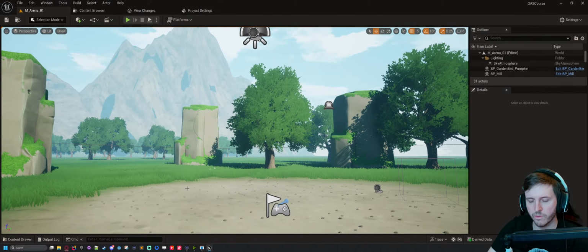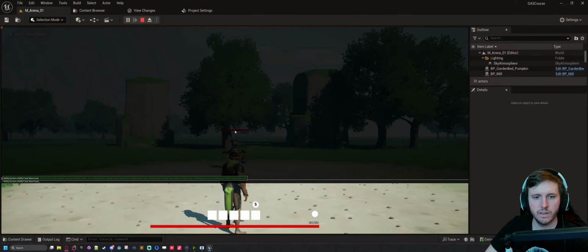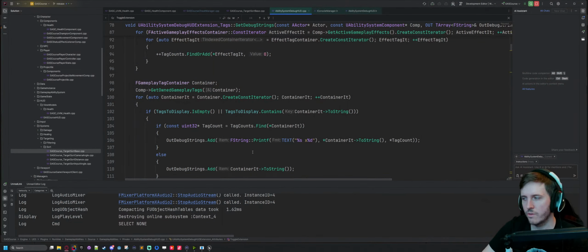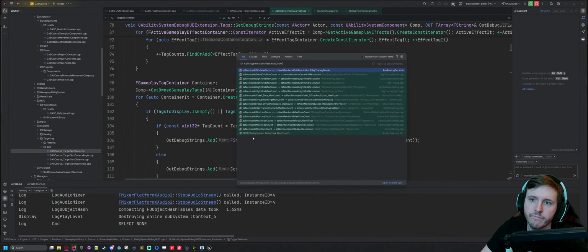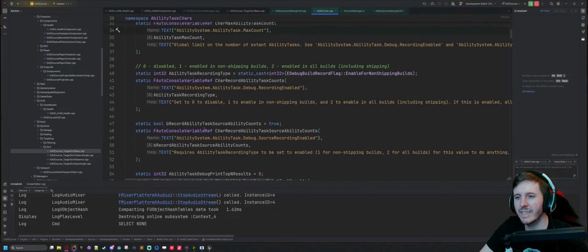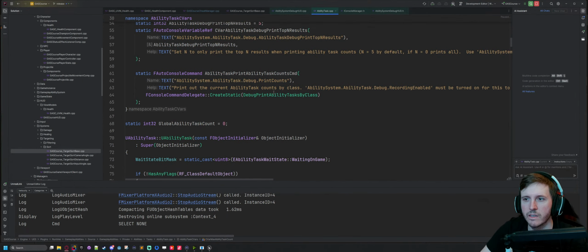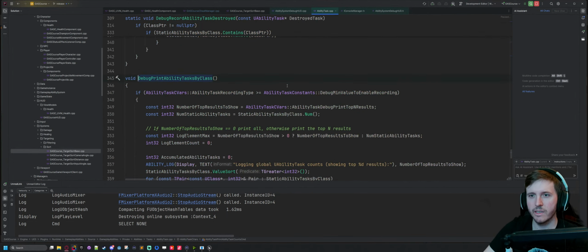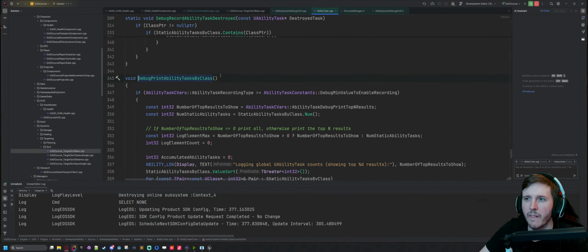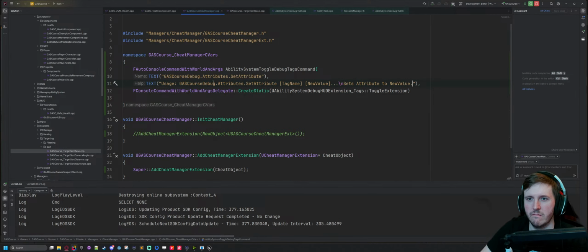Okay, so that doesn't really help. Hold on. So max count, ability system, dot ability has dot max count. Let's see. So this is just like a var like that. So this creates static, and there's this. So I wonder if I can